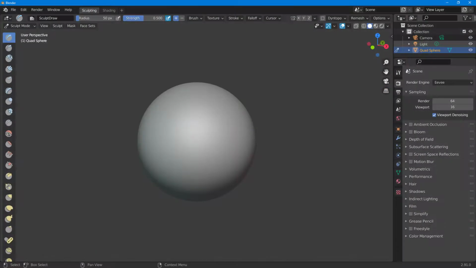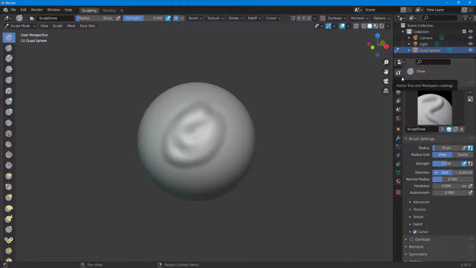So now let's see how we can work around with these sculpting brush settings inside of Blender. So here I'm in my sculpting view, so I have the default tool that is draw tool selected. And if I were to click and draw it, you can see that it sculpts regularly. But if I were to go on to the right hand side, you can see that there's active tool workspace settings, which you can use to change out the radius, for example, onto